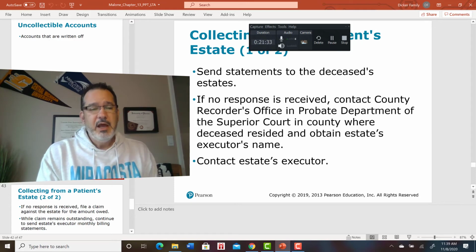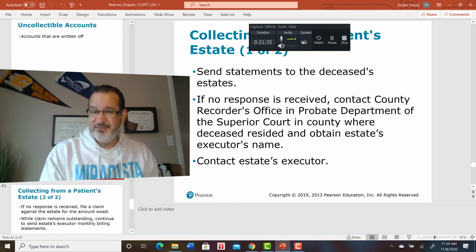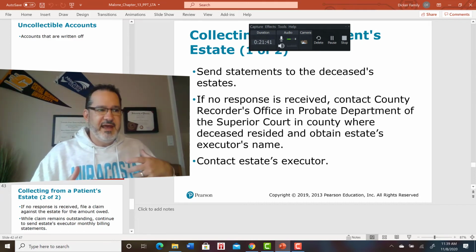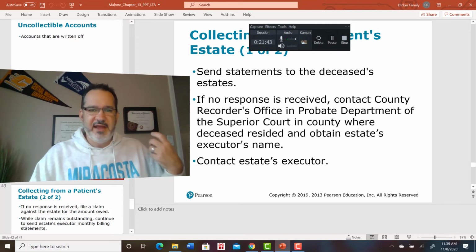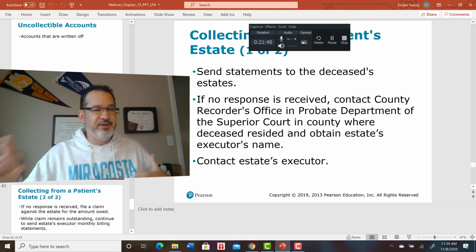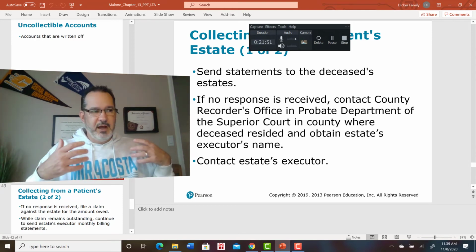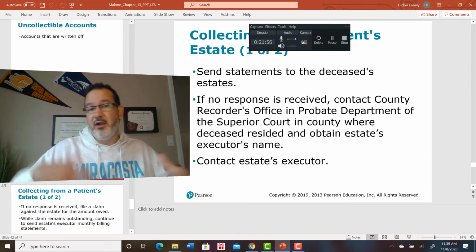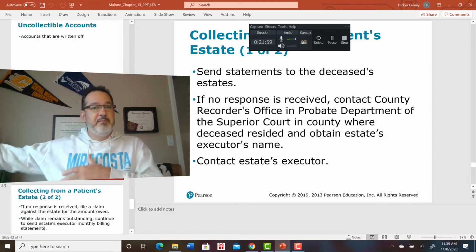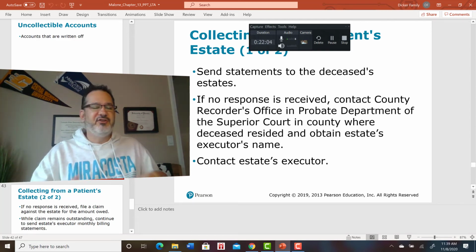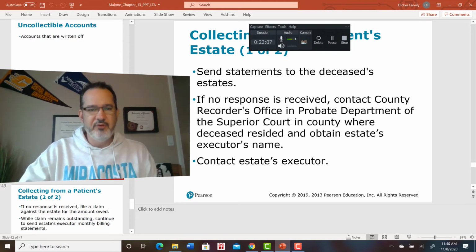as a loss. However, if a patient does have an estate, meaning they have an executor of their estate who maybe had property, certain valuables, collectibles, that type of stuff, that the executor of the estate was going to possibly sell, get the money, and then pay off certain debts with that. We might want to get involved in that, which means that we have to petition in probate court to receive some of the funds from an estate sale.